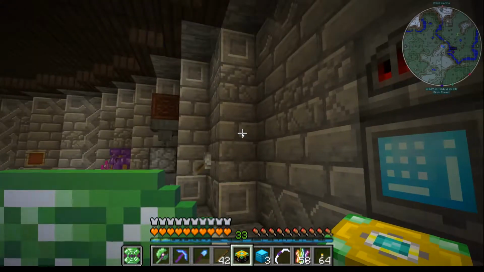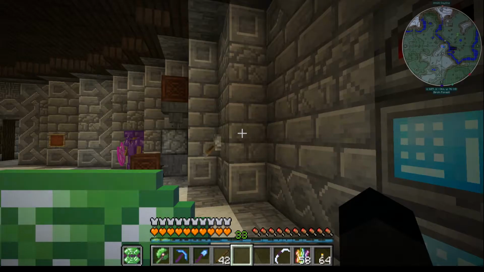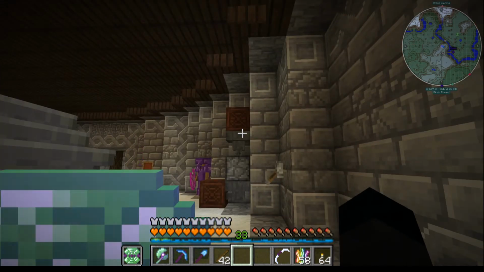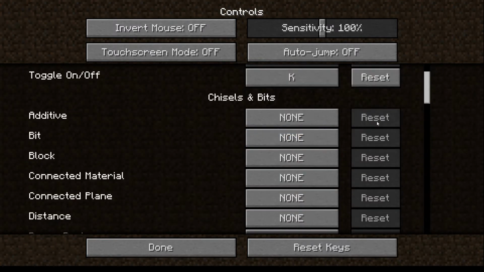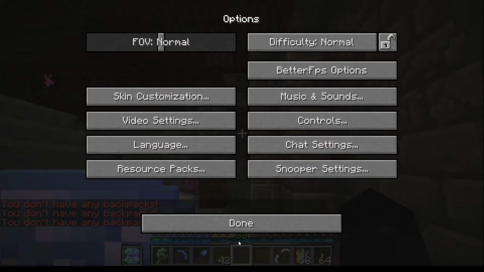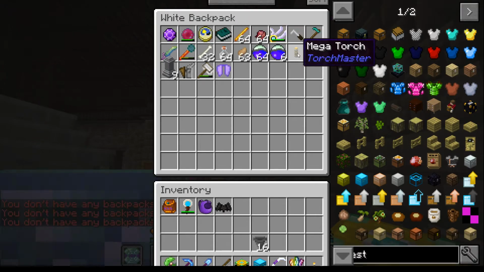Let's head over to Alexandria, shall we? And for that we need to open our, well, actually let me just check. I don't have any backpacks, so the first thing we need to do now is go into our controls and change you to a B, and then we can go down to expanded backpacks and cancel that. Undone, undone. And back, and B,